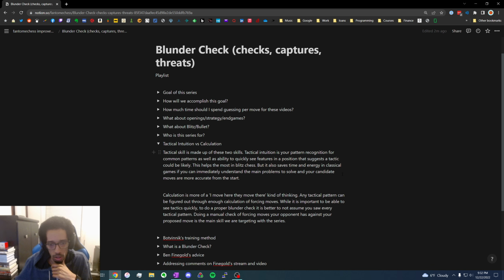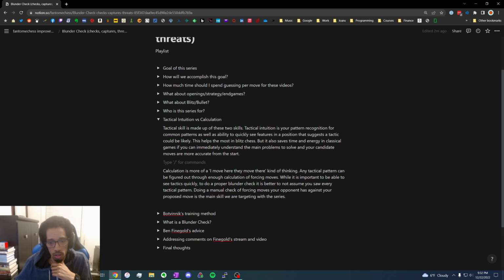And as a start, your candidate moves should always include all the forcing moves, so all the checks and the captures. And if possible, see as many threats as you can, but usually just the first two, especially if you're starting out, will get you like 90% of the way there. Because if you're doing tactics, all tactics would pretty much just be a sequence of forcing moves. So you can look at any tactical puzzle and identify that, okay, this move was a check, and then there was another check,